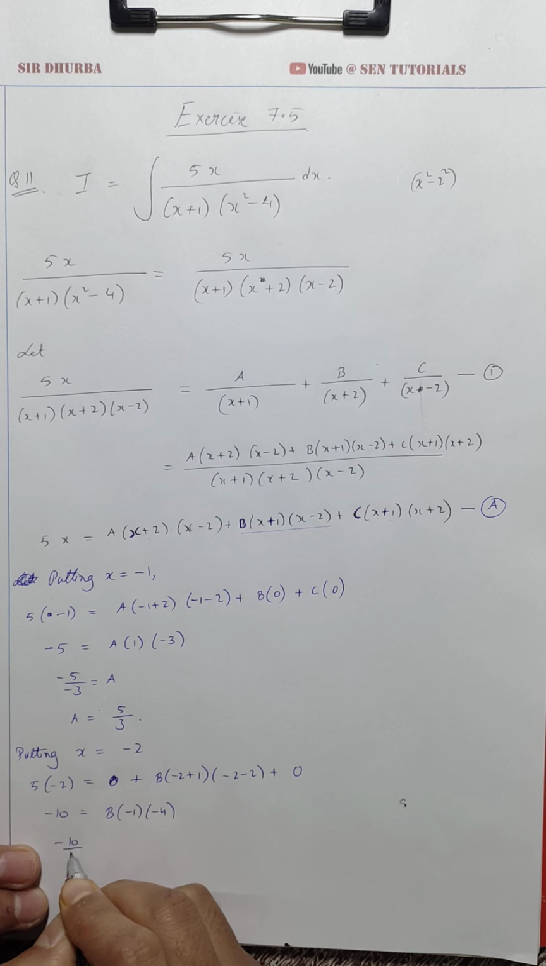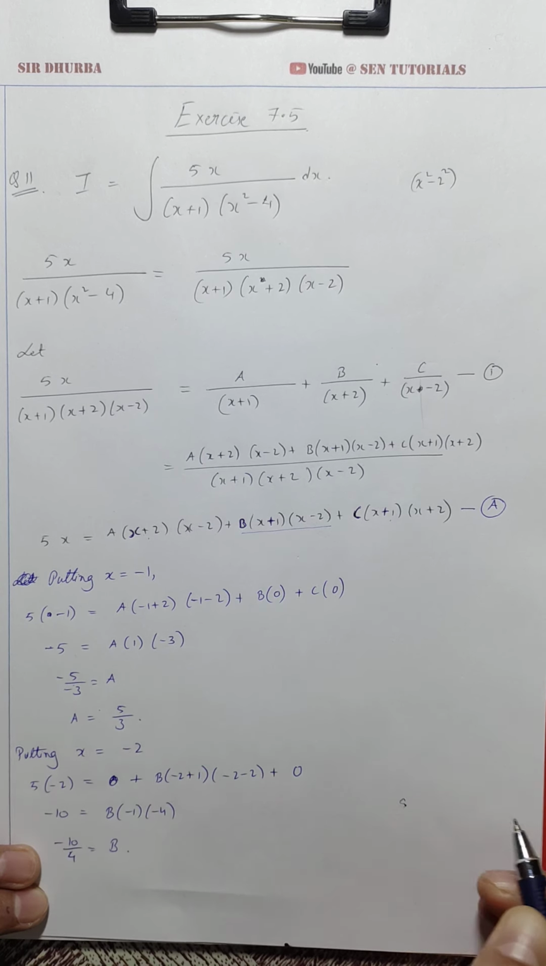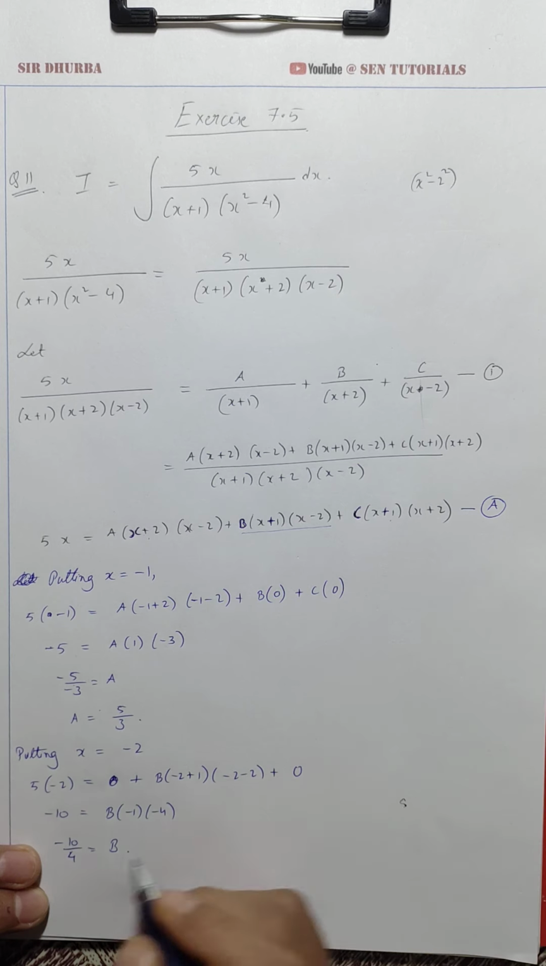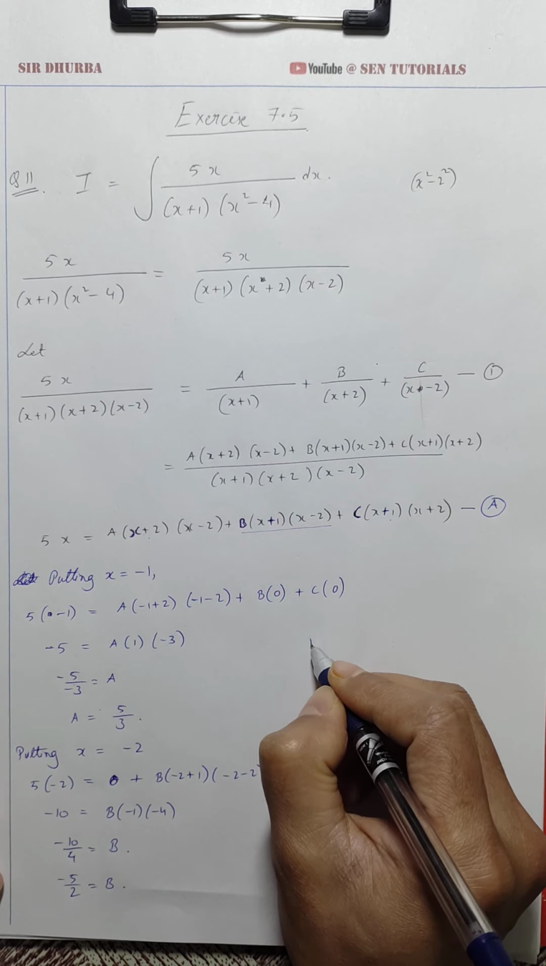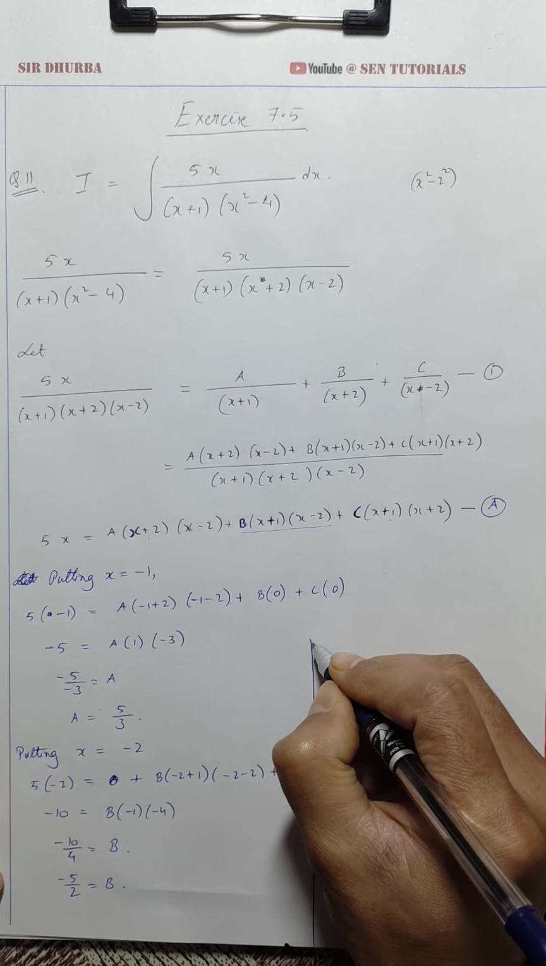So minus 10 by 4 will be the value of b, or in other words, minus 5 by 2 shall be the value of b. I'll just solve it here, okay? So then next,